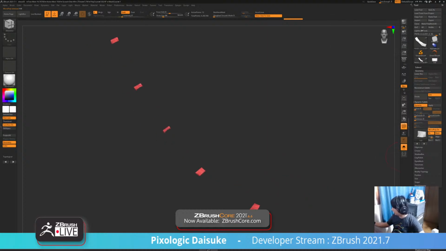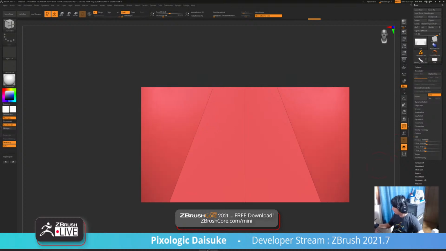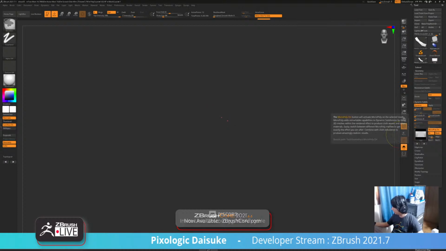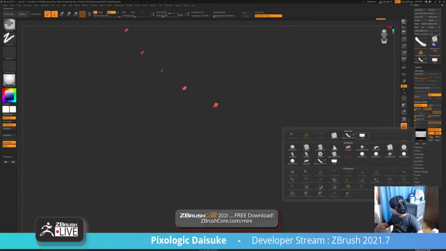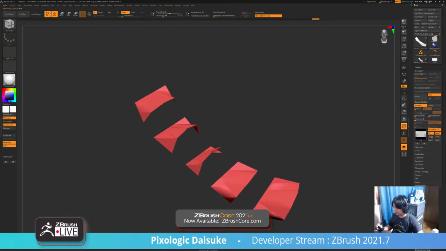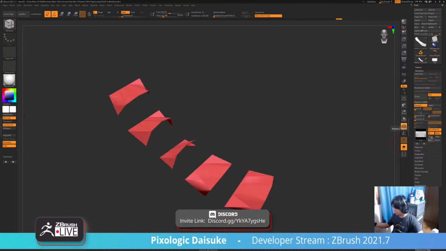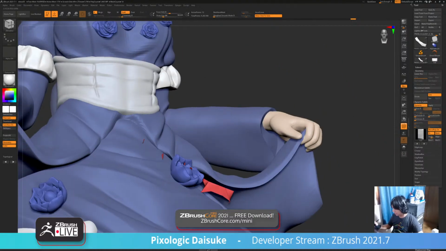But since the scale is not correct, you need to move this and then set the size to 2. And then this is good to go, I guess. So dynamic subdivisions, poly, micropoly on. And then it's rotated in a 90 degree angle, so I'm gonna rotate this like so. If you press rotate Z, it's gonna rotate this in 90-degree angles, and then you can see that it made this kind of like